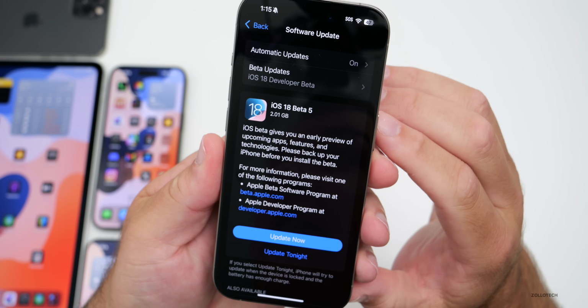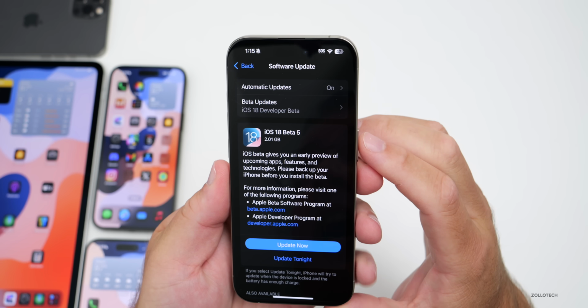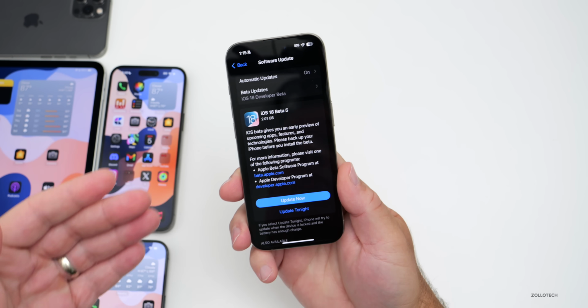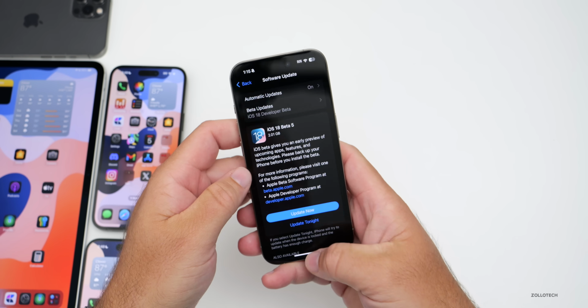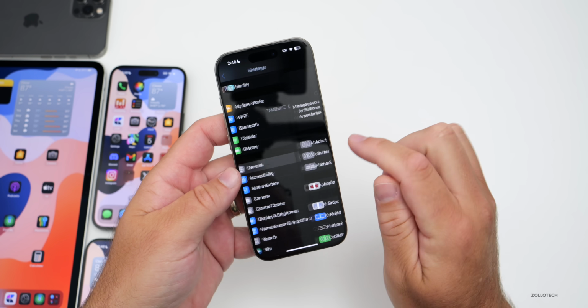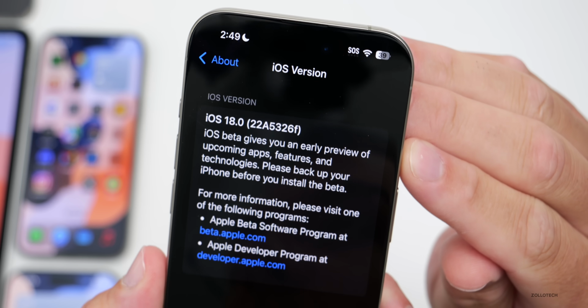This update was a very large 2.01 gigabytes on my iPhone 15 Pro and was about the same size on all the devices here. It's a pretty large install with some new features, so let's go ahead and take a look at the build number and talk about what's new. So we'll go to Settings, then General, then About. As you can see, the build number is